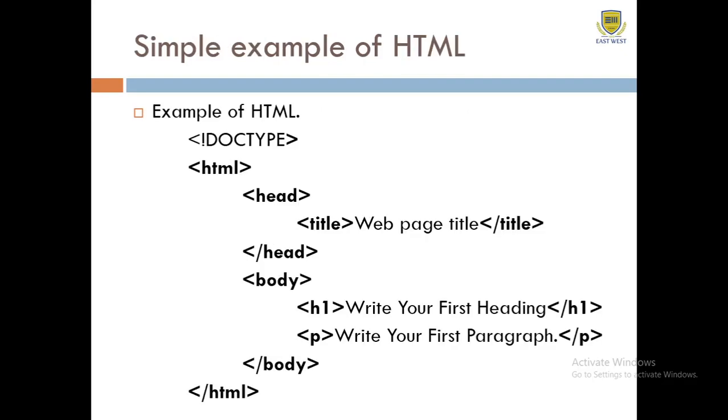Okay, fine. Before going further to learn these tags, this is a very simple program you can observe on the screen. This is how we can visualize an HTML document. Here you can see there is a doctype, which represents what type of document it is. We have various tags here. The HTML opening tag is here, and it is closed here. The HTML closing tag is represented by the slash.